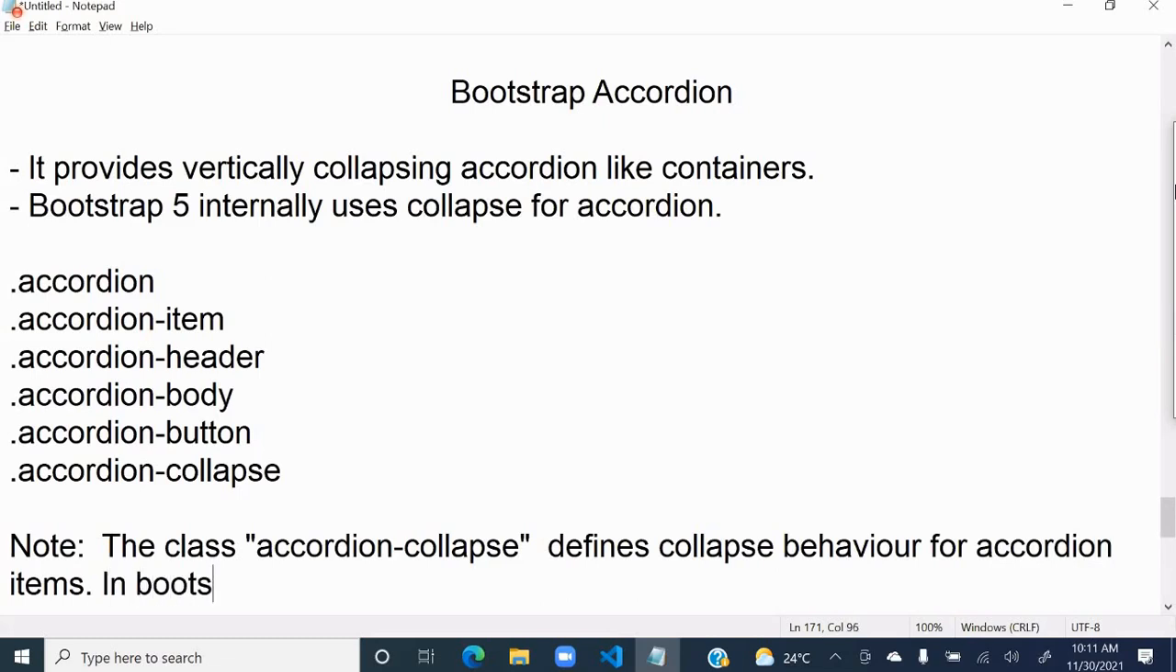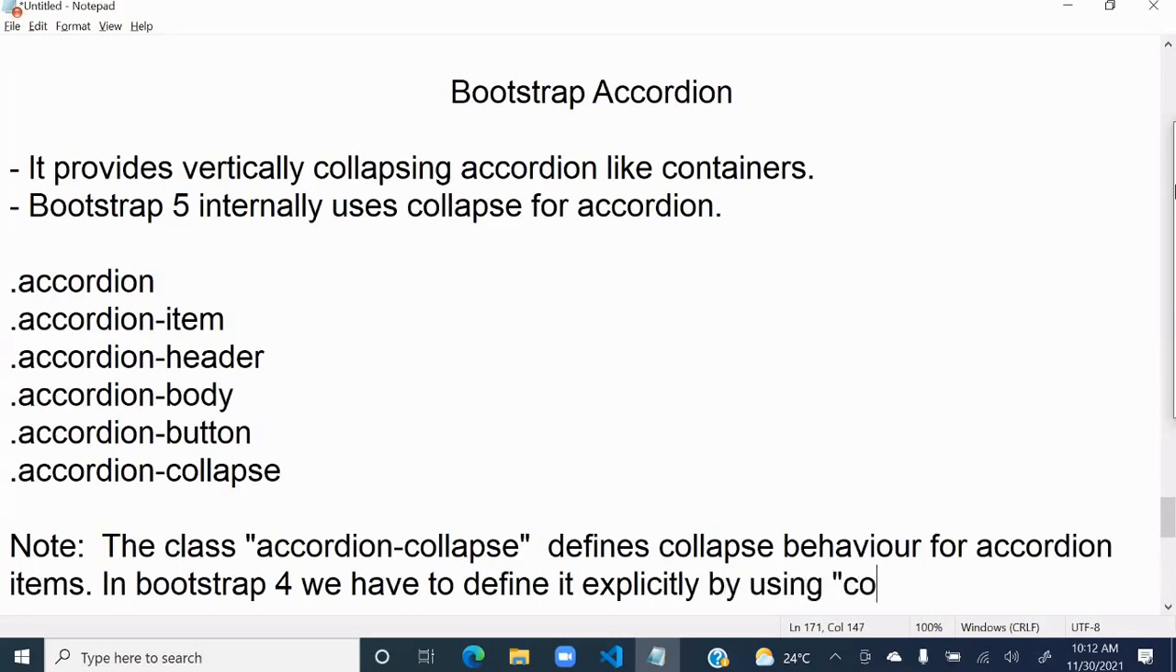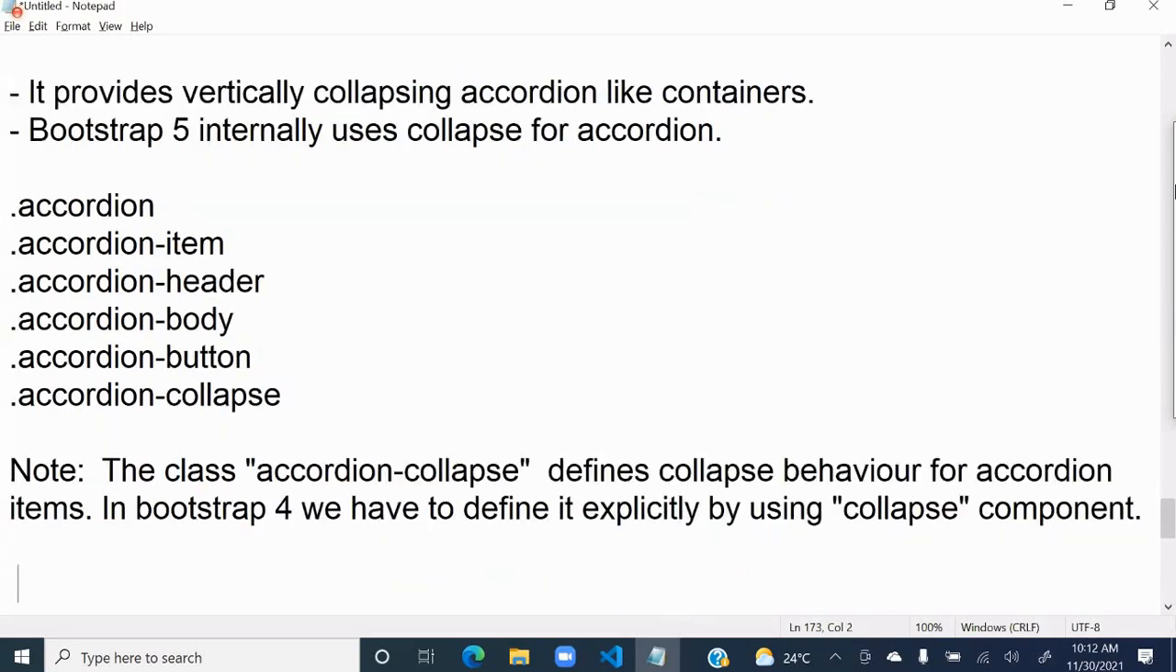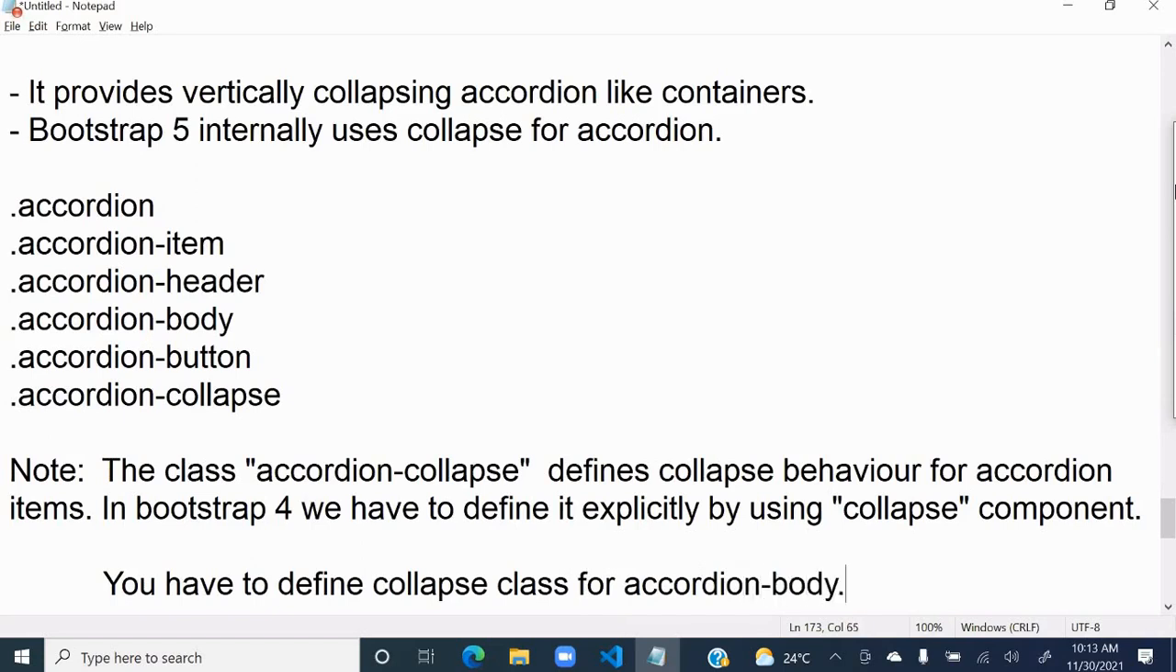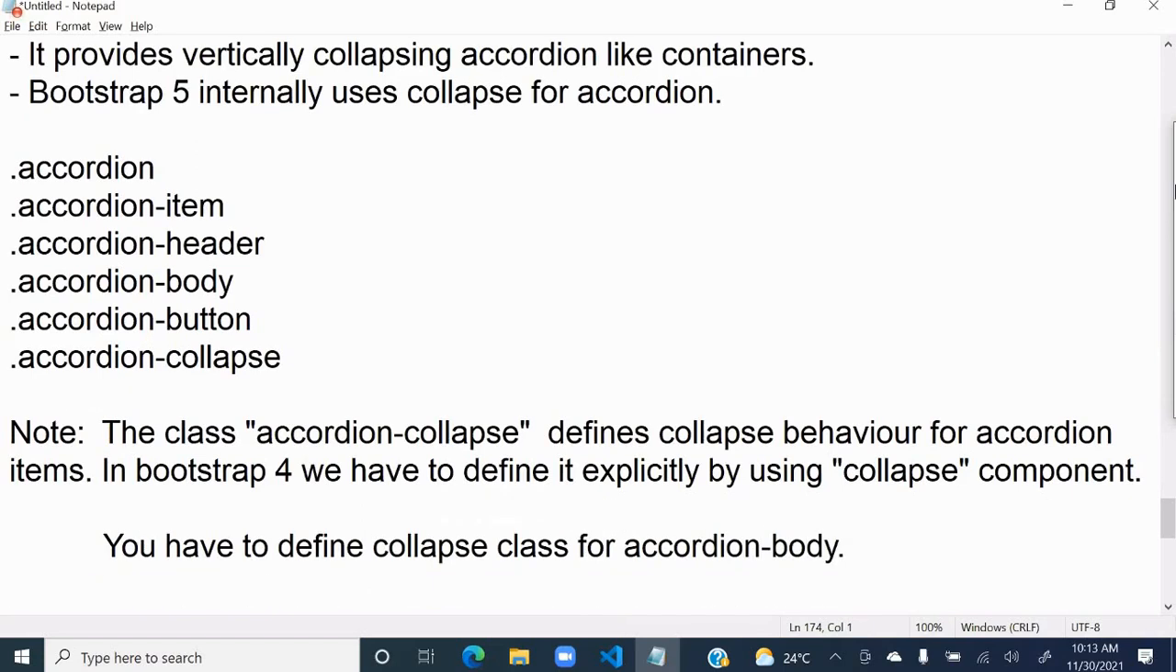In Bootstrap 4, we have to define it explicitly by using the collapse component. Here, the point is you have to define the collapse class for accordion body. You have to define it for accordion body, right? So